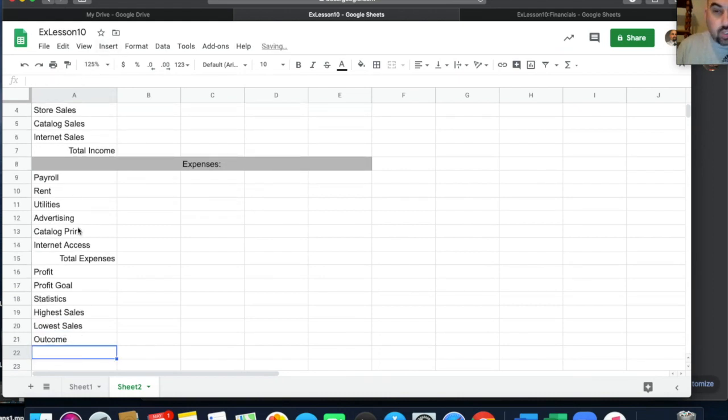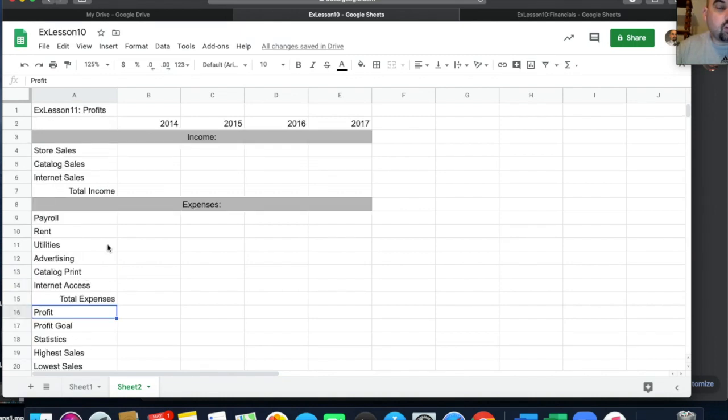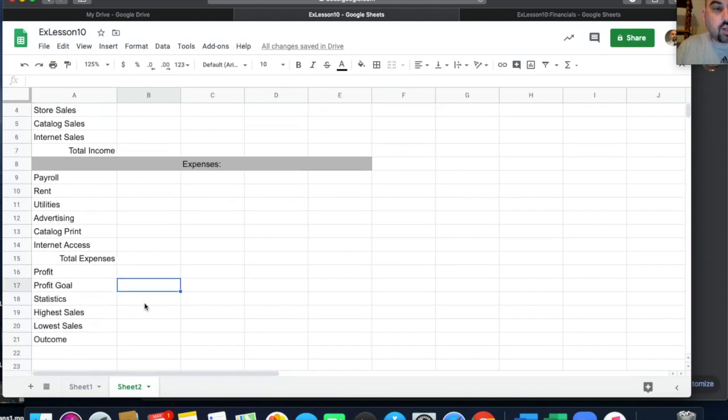Okay, so let me explain this real quick. The profit, the way that those of you that have taken the business class, or if you've heard a little bit about business, that type of thing, you'll understand what this is. So the profit is just going to be the difference between the total income and the expenses. Okay, so this is going to be a subtraction formula. And once I have these numbers in, I'll show you what all that means. Highest sales, we're going to look at these sales right here, and we're going to determine which one is the highest. The lowest is going to be the least of these three,